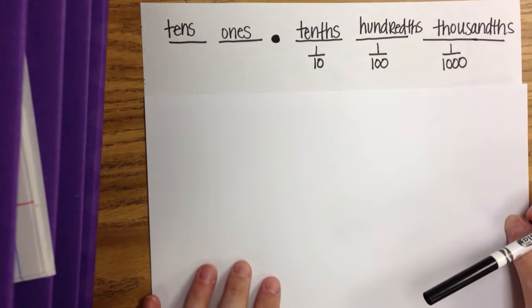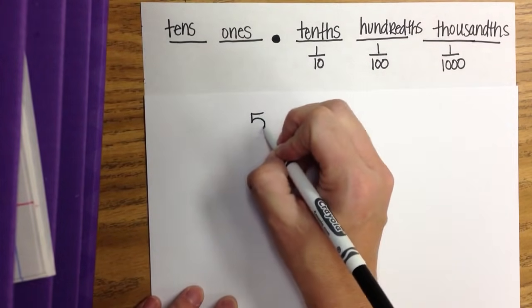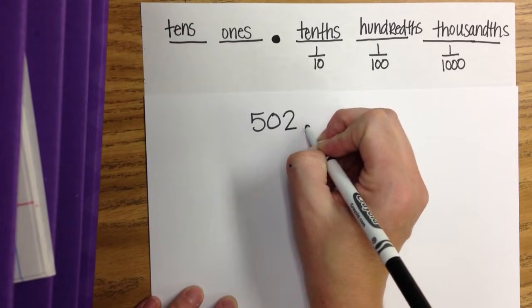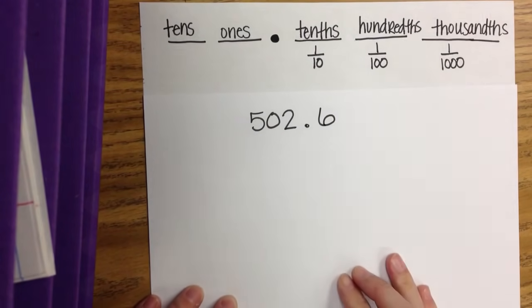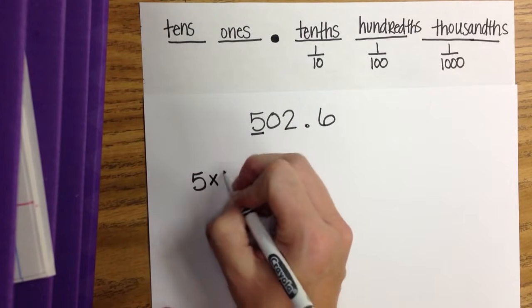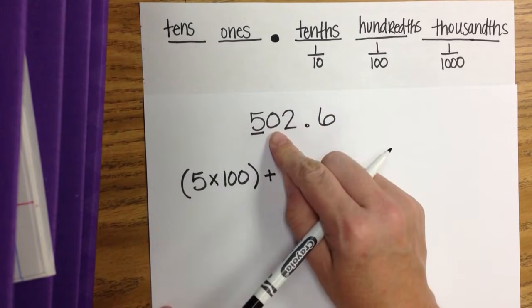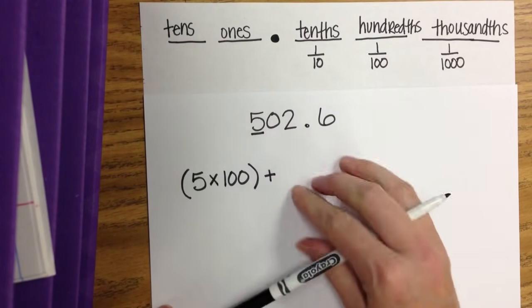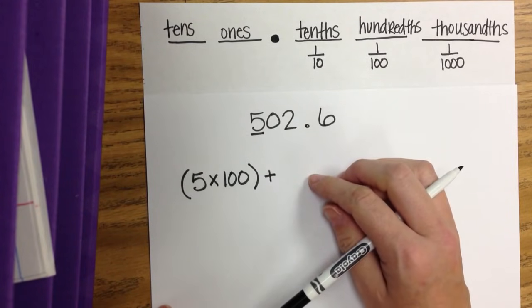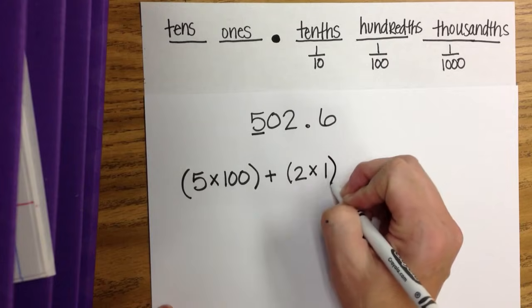Let's keep that place value chart up there. All right, let's do a couple more for practice. In a number such as 502 and 6/10, the 5 is in the hundreds place, so I'm going to start with 5 times 100. We have a 0 as a placeholder, so again, it doesn't hold any value in our number, it just holds the place. So then I have 2 is in the ones place, so it's 2 times 1,